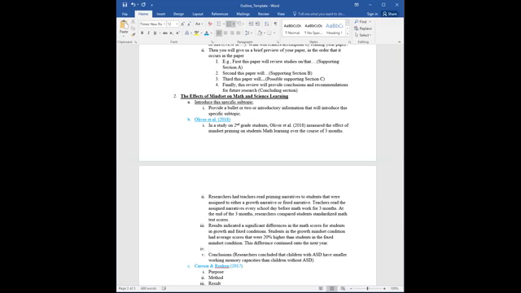The conclusions are really interpretations for what the researchers think those results mean. And so you want to include the conclusions or implications in there as well. So, the researchers